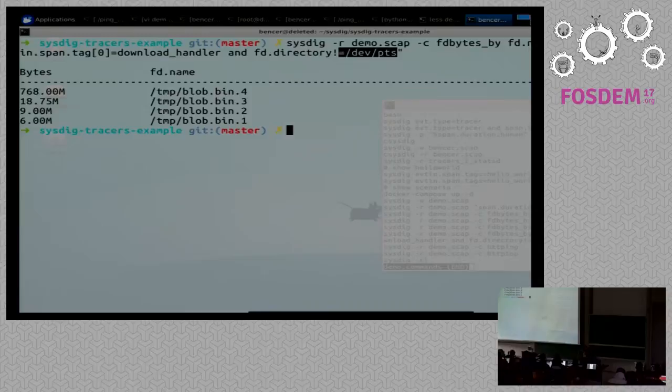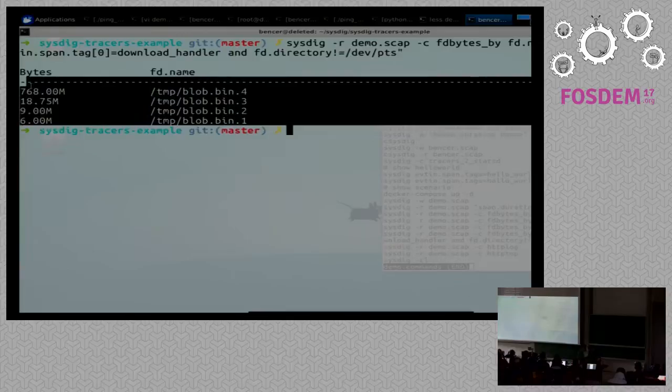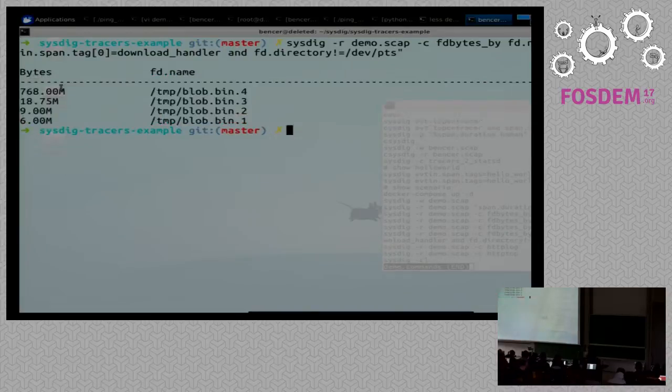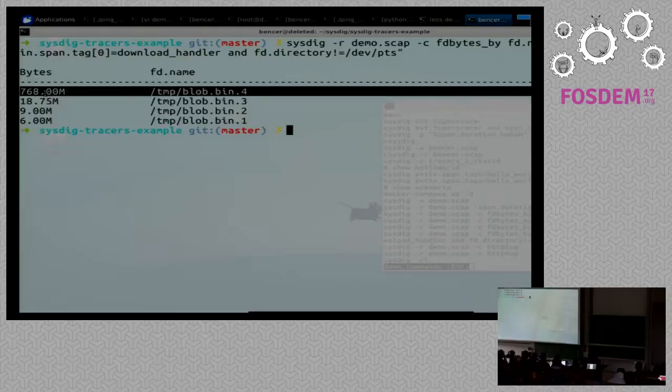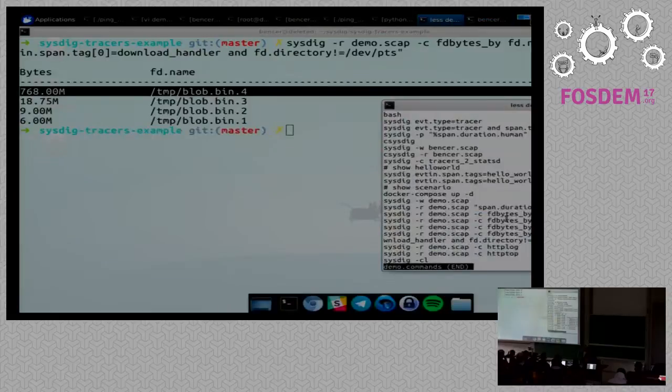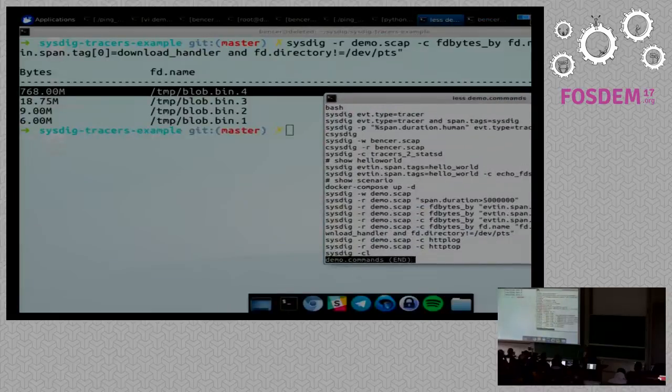But now with sysdig and tracers, I didn't have to read the full code. I just went around different functions, and I was adding decorators and with statements. And okay, now it's writing some files. And wait, one of them is quite big. So it's probably the one that's making my microservice go more slow. We can use